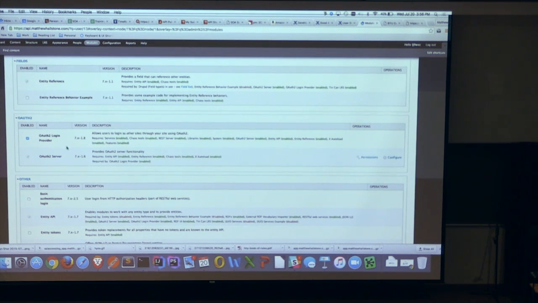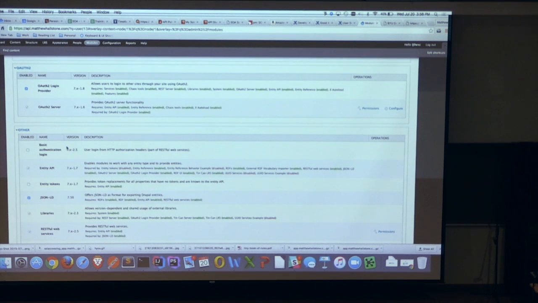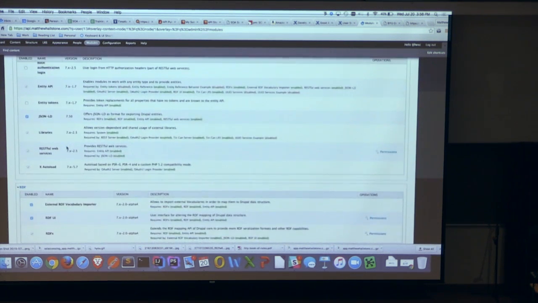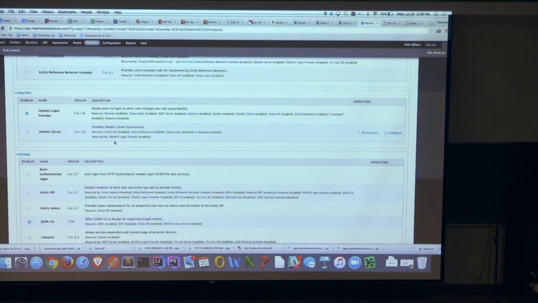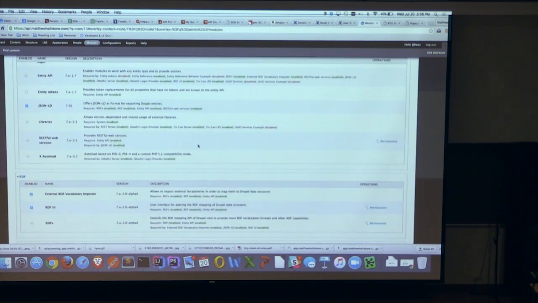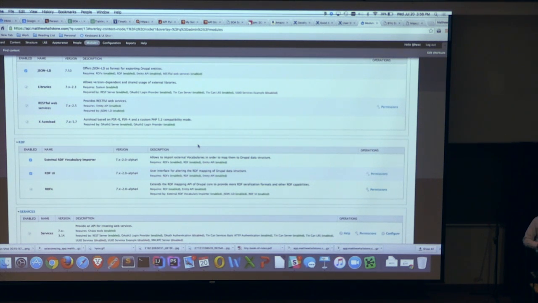Then there's the OAuth 2 login provider, and again the OAuth 2 server, which requires Entity API, references, CTools and this X-Autoload module.